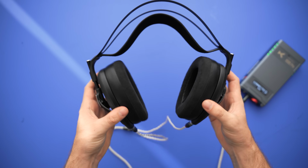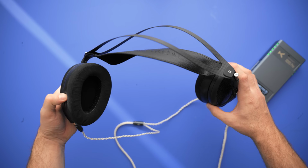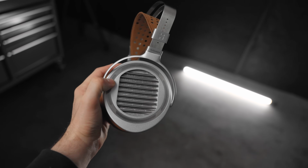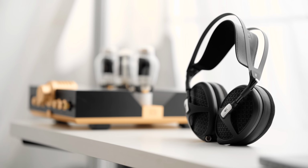all day. When it comes to something like timbre, I actually feel like the SUSVARA is ahead in timbre by quite a bit, especially as it gets towards the upper frequencies. The upper frequencies on the Empyrean do sound a little bit plasticky compared to the much more, I would say, honest reproduction of the SUSVARA. Now, that honesty is not always super pleasing on the SUSVARA because you're going to get whatever the music is really trying to tell you it's doing, and whatever it's displayed as is how it's going to represent on this headphone. The Empyrean 2 will lie to you and kind of display a song is really, really good,